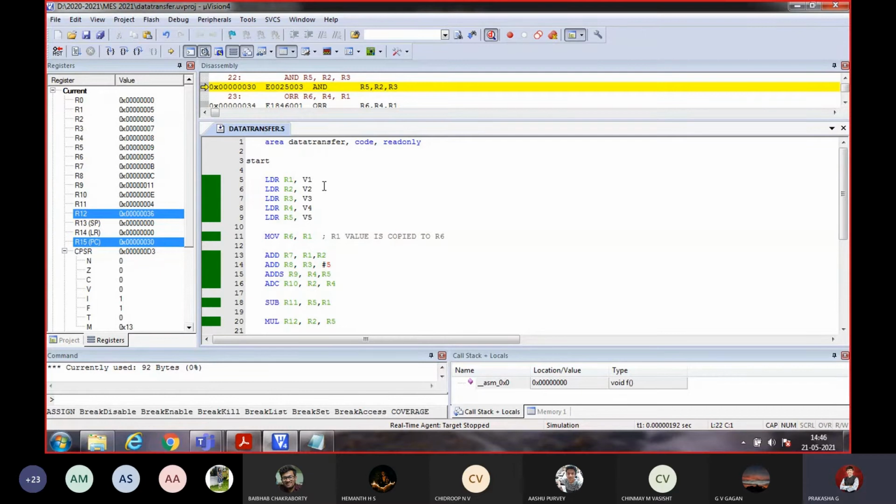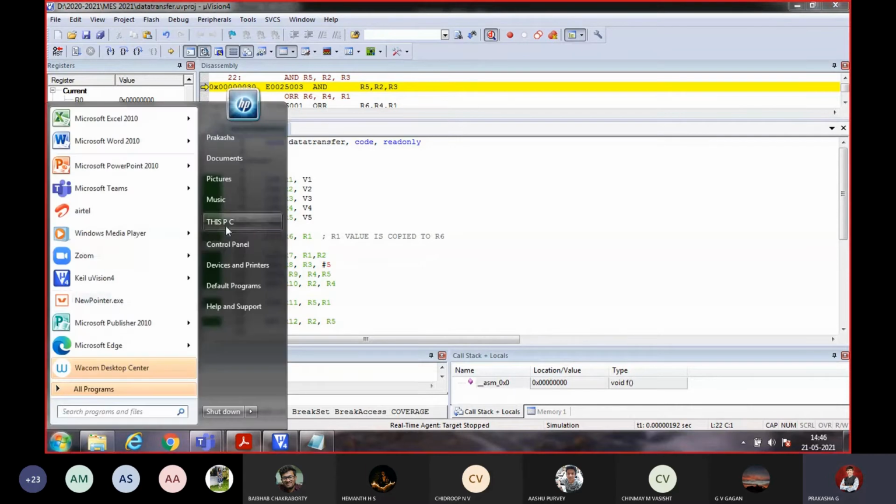So that is what I'm trying out. I'm going to write that program. I'm going to share it, how a data transfer is going to be done using your microcontroller. Okay, that is block of data, which is being given in your textbook also. Yesterday I have opened the textbook.